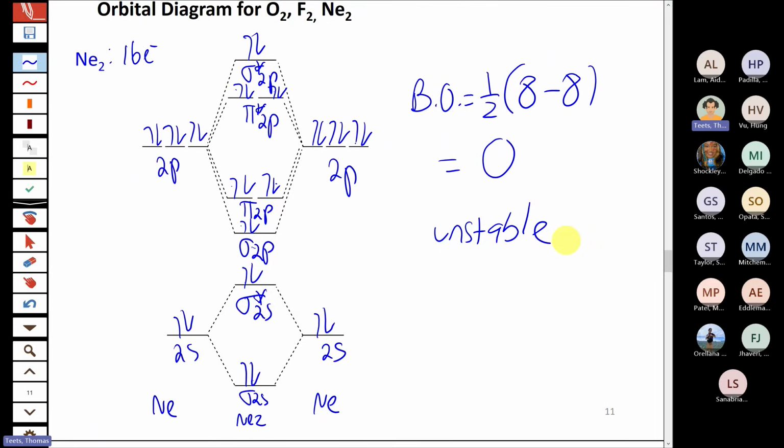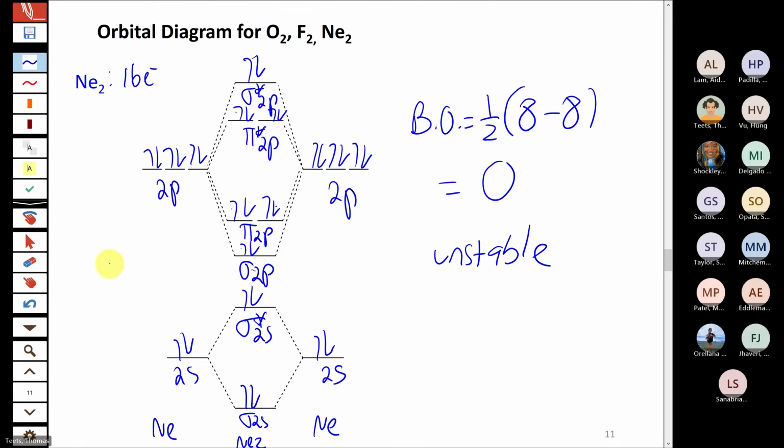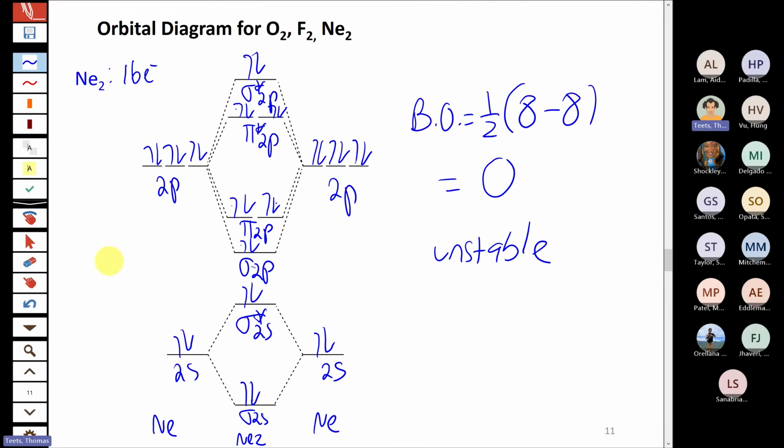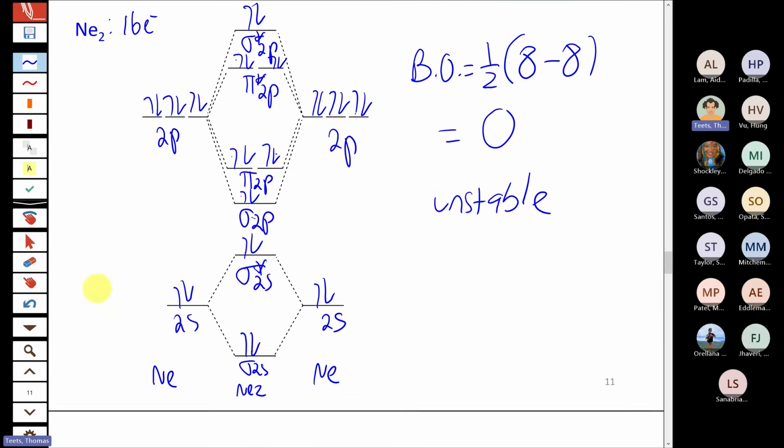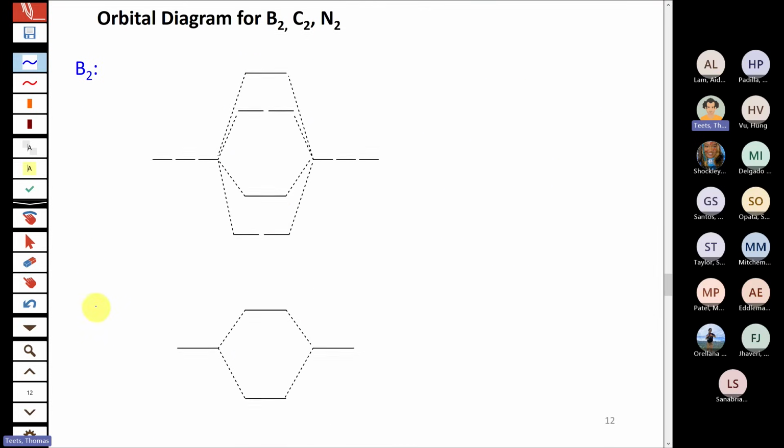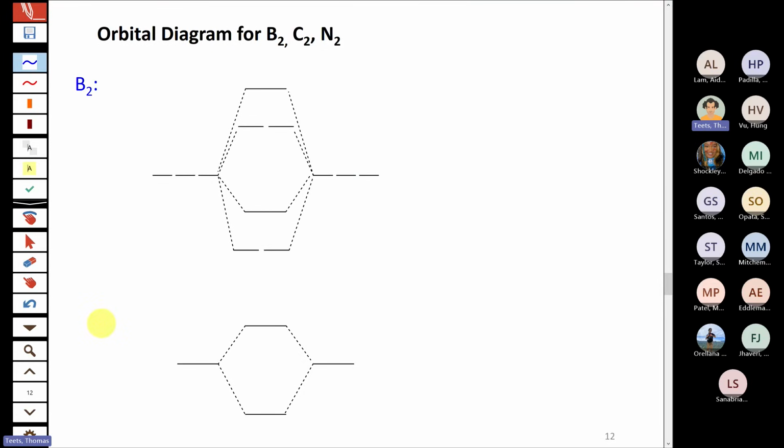All right, so any questions on those diagrams? All right, now, as I said, the ordering that I'm showing here applies specifically to the second half of the P block. When you go to the first half of the P block, there is one key difference that you have to remember, which would not affect the calculation of the bond order, but it would affect the calculation of the magnetic properties in some cases. So we have to be aware of that.